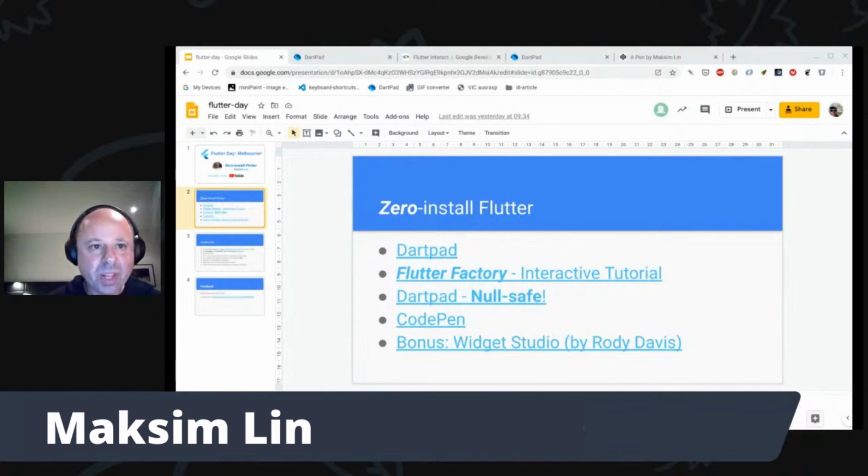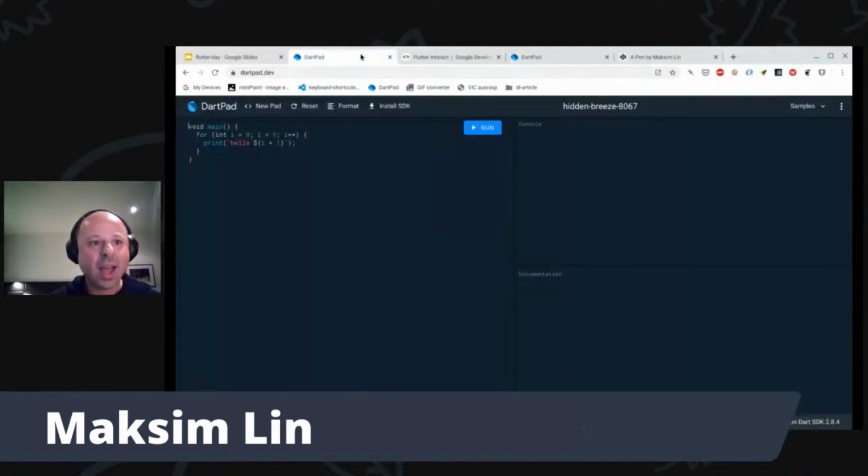So the first tool I wanted to quickly show you is, I guess, the original Dartpad. And the nice thing with Dartpad is it was basically originally, as the name suggests, just for Dart. And as you can see, there's nothing Flutter specific about it. And originally that's all it was for, Dart. But then last year, thanks to some awesome work by people on the Flutter team, it was expanded to work with